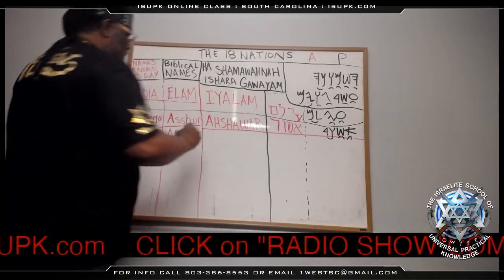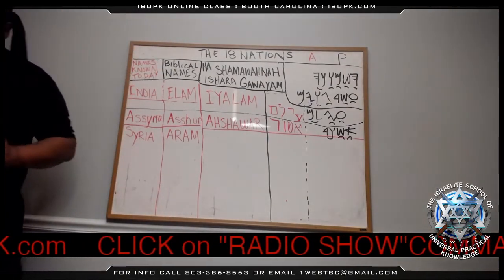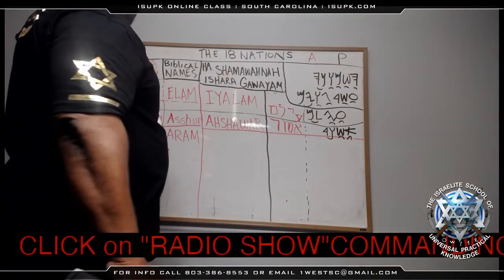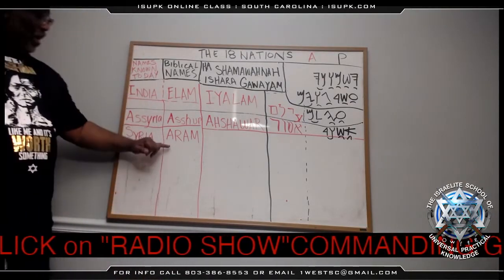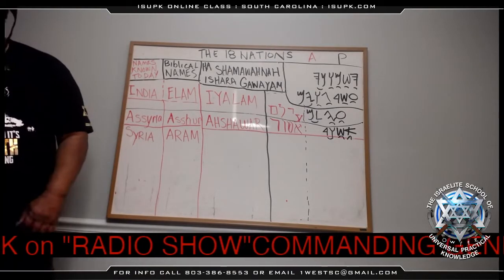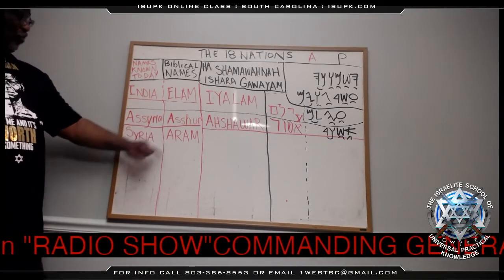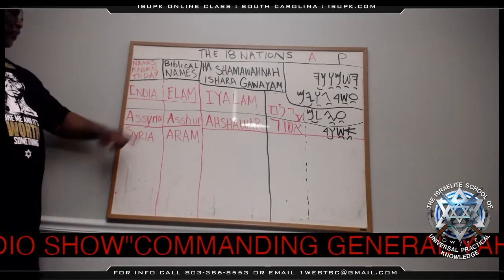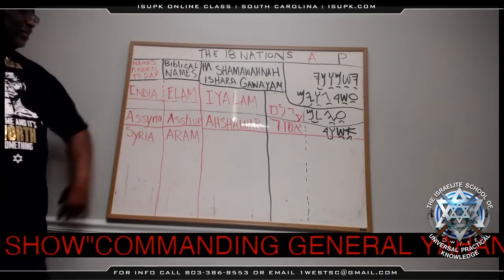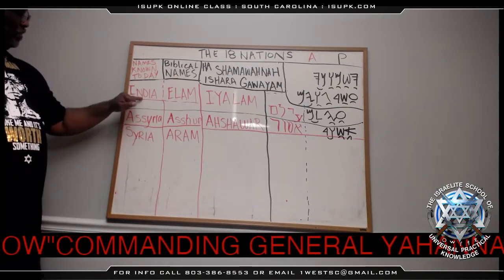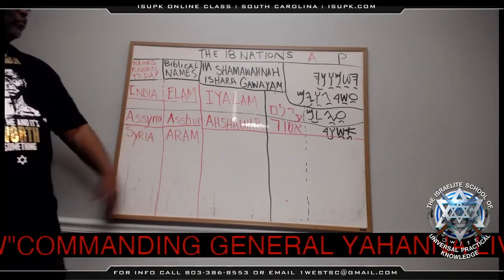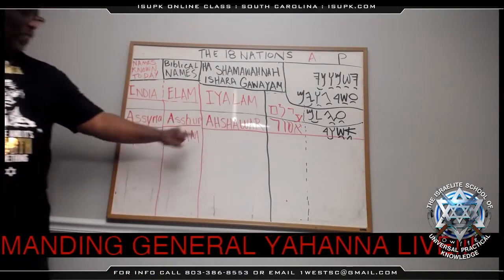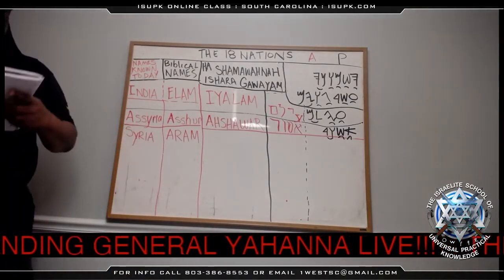Aram. That's the biblical name. When you see those in the Bible, you make the connection. When you see Aram, it's called Syria. When you see Ashur, that's Assyria. When you see Elam, Elamites, that's India. In Hebrew, to translate that again, Elam, and Aram would be called,